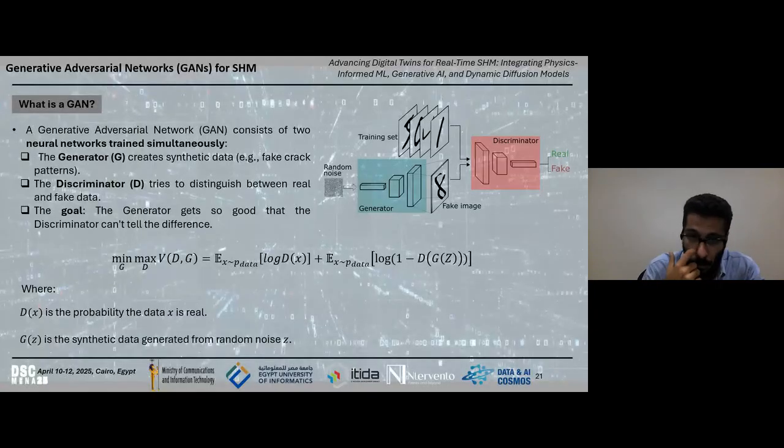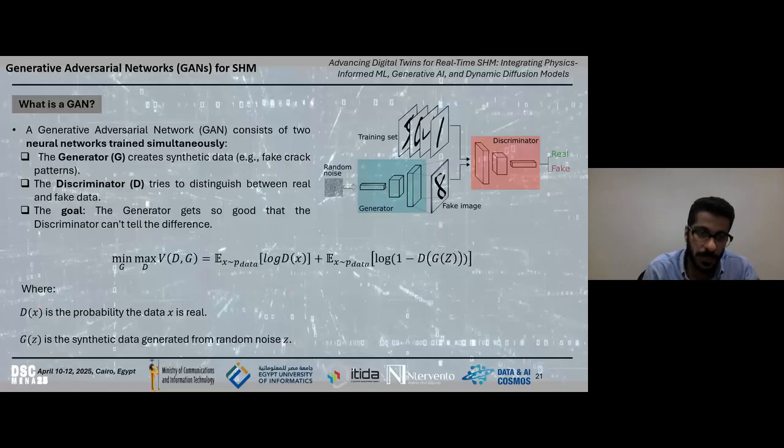A simple equation here shows the main idea of how we use the concept of GANs. Basically, we are trying to minimize and maximize the function.